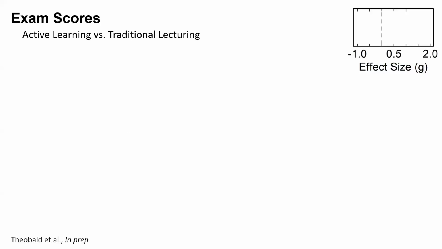Okay, so I'm only going to show you data from exam scores. So to be admitted into their study, a couple things had to be true. The authors had to use identical exams in an active learning class and a passive learning class. The instructor needed to be the same. The class, of course, needed to be the same. I think that's it. Actually, I'm trying to remember.